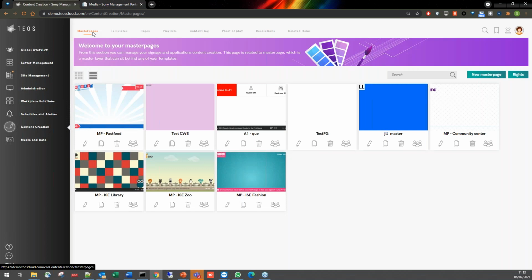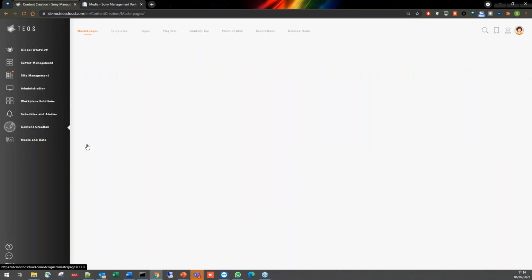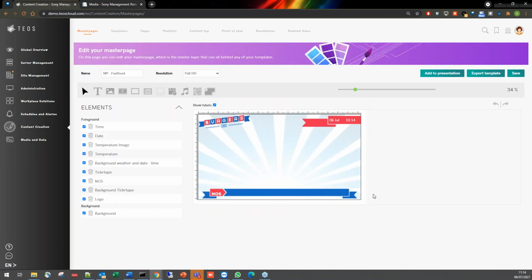To explain this part about the master page, if you compare it to a PowerPoint, the master page is a bit like the mask of the PowerPoint, meaning that you get something that will remain during your whole loop, your whole playlist, like a mask in a PowerPoint, because you always want to get the date and time in a PowerPoint. Maybe you also want the page number.